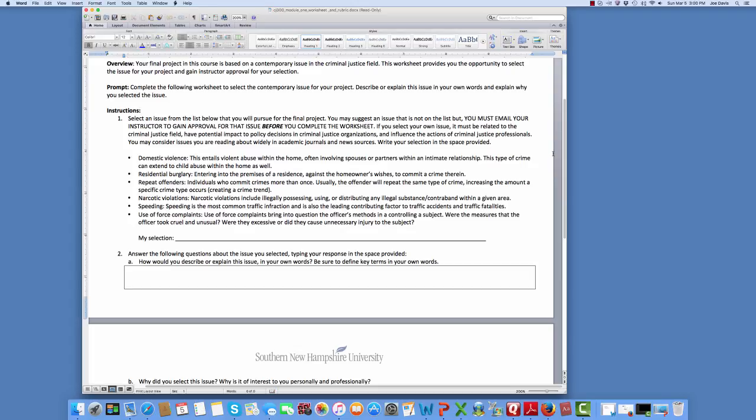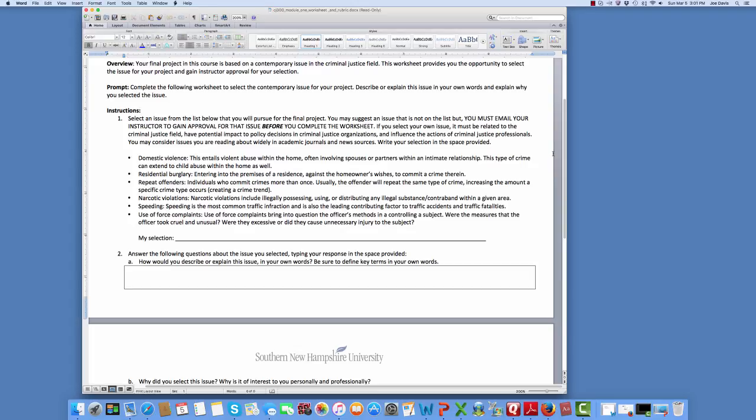So then you would have to narrow it down and say perhaps juvenile repeat offenders for being under the influence of a Schedule I drug, work or don't work. What's the recidivism rate for adults ages 18 to 24 who are heroin addicts? Something like that, so that it's truly research. It's not just a listing of statistics. Okay? Narcotics violations, possession, using, distribution, any of those kinds of things would be one where there are the impact